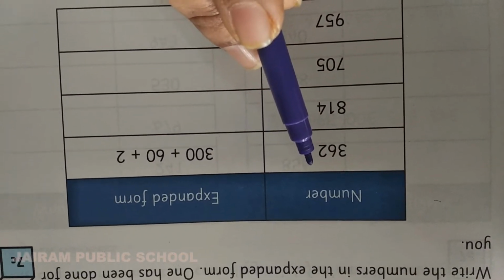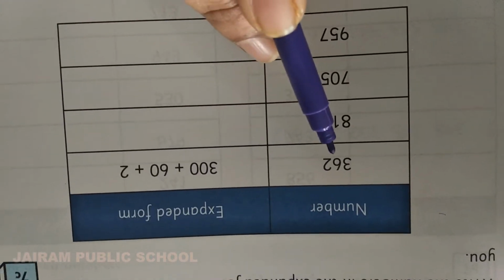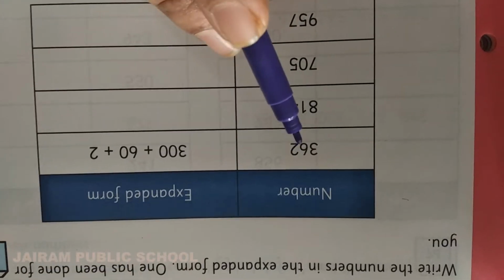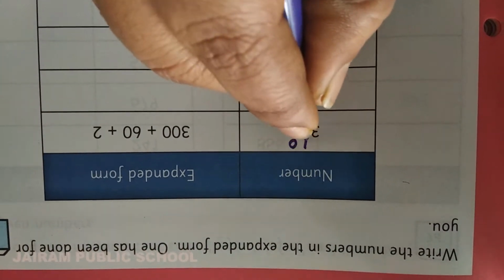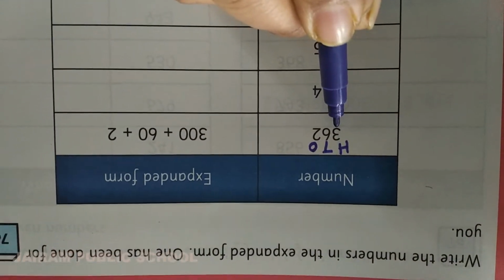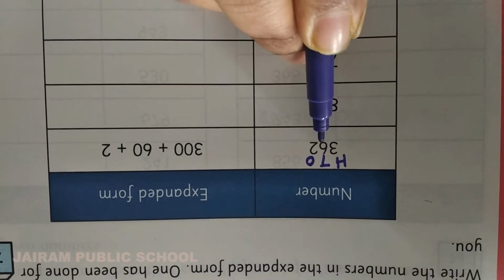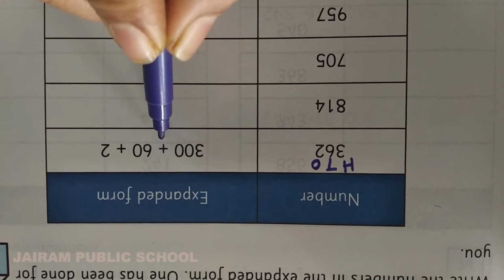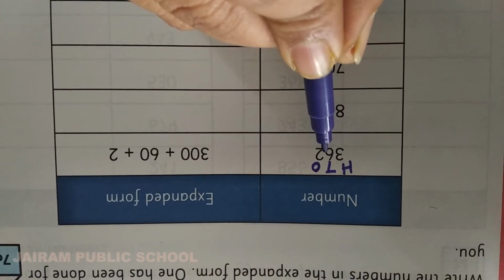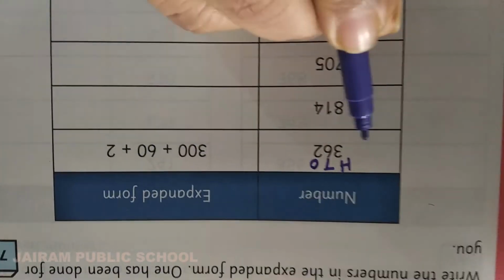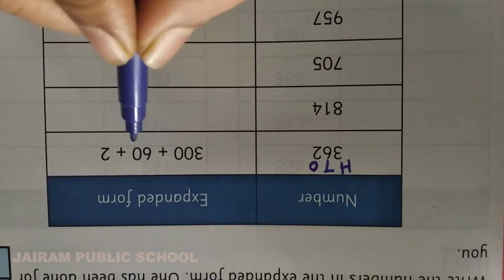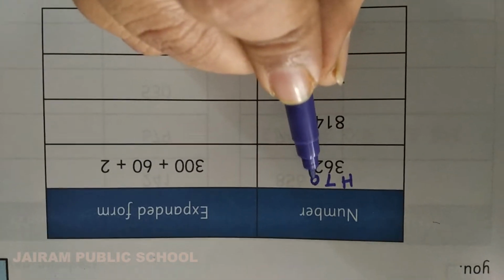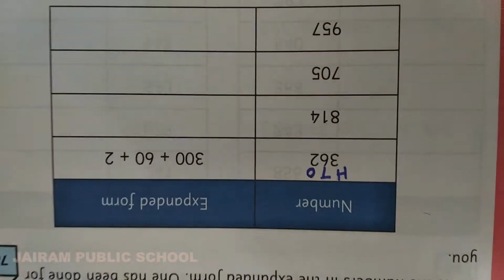In the last session, we have learnt this. See the number they have given, and the expanded form you want to write. First you have to put ones, tens, hundreds. First the number 3 you want to write, and after that 2 digits are there, so you want to put 2 zeros. Then you have to put plus, then in the tens place you have the number 6. So you have to put 6. After that you have 1 digit, so you have to put 1 0 with that number. Then you have to put plus, and in the ones place you have the number 2. You want to write it as it is.